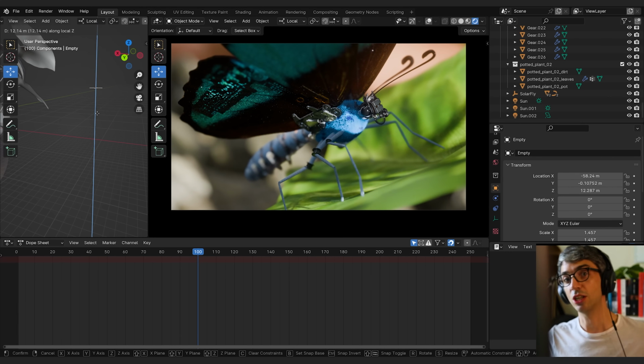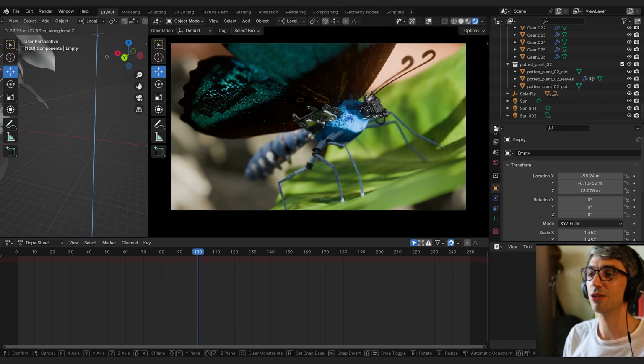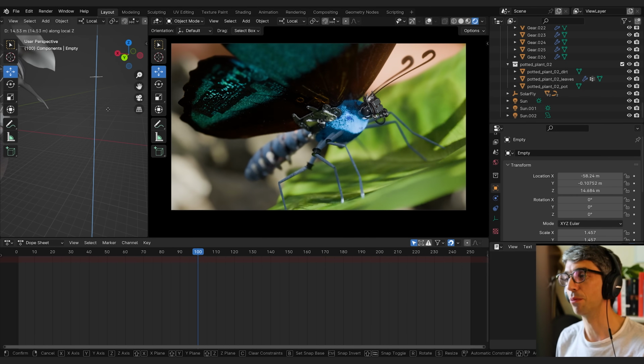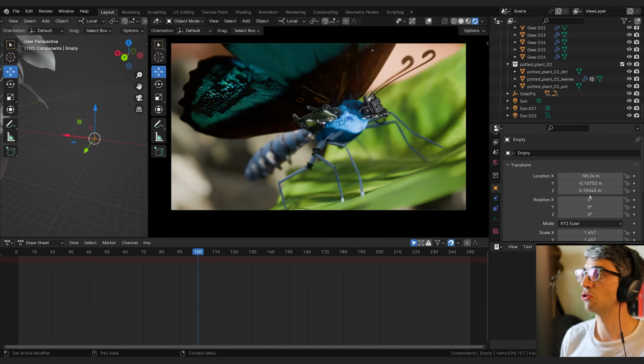that noise, that huge field of noise, to move up with the empty. And as it moves up, new parts of it intersect the leaf, which cause a change in the displacement. And that gives us this really cool effect of wind blowing and causing that leaf to have a little bit of ripple. Now, in order to make this just proceed to move up indefinitely, we're going to put a driver